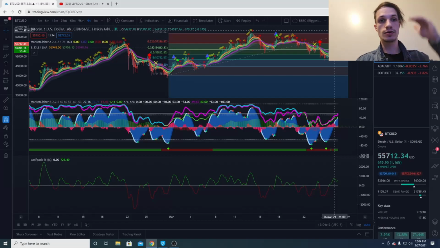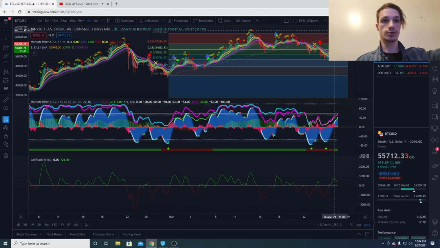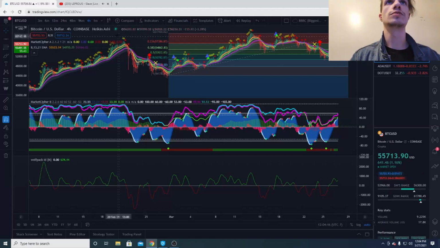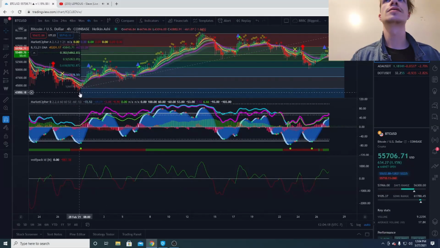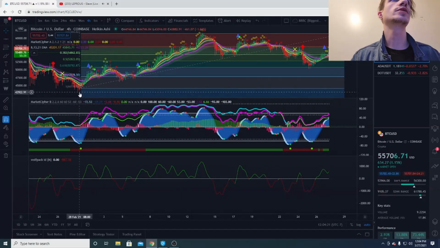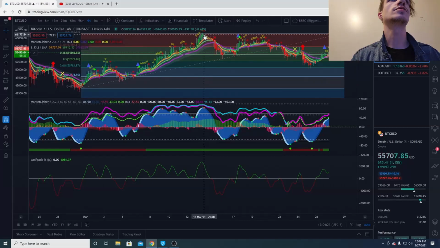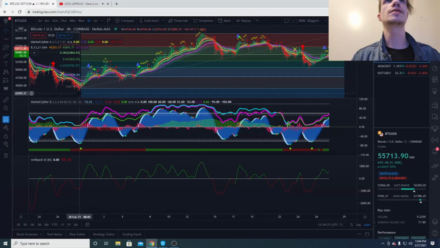Alright, so you don't want to have it on this wick right here, and then on this top. You want to place it on the wick, and you want to place it on the wick. Alright,